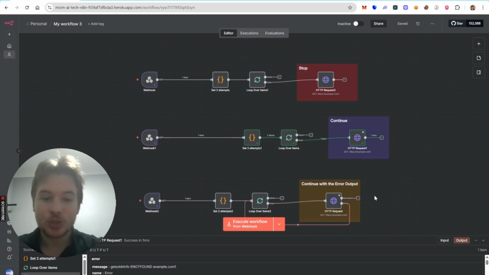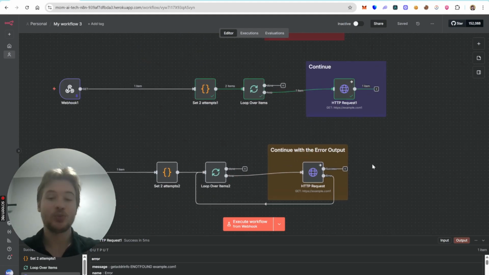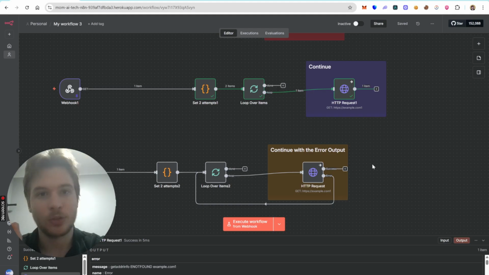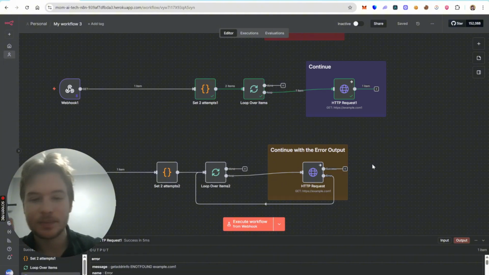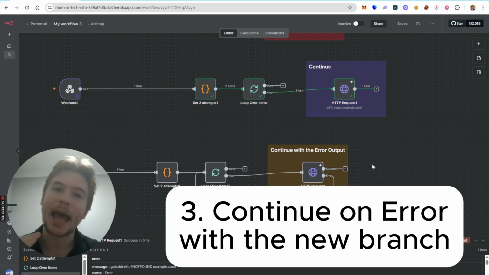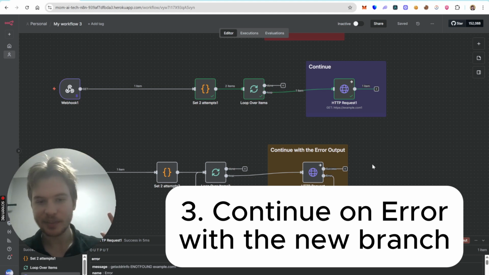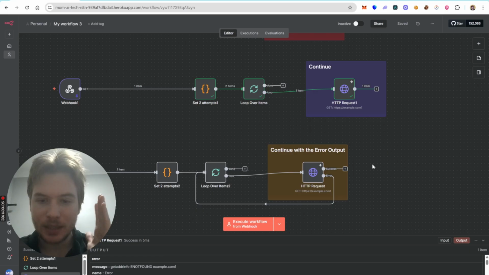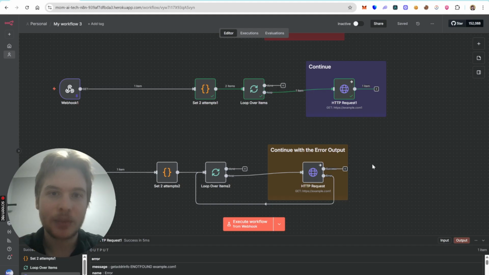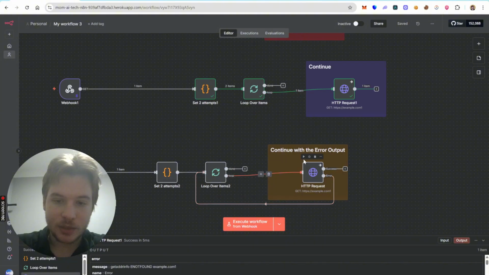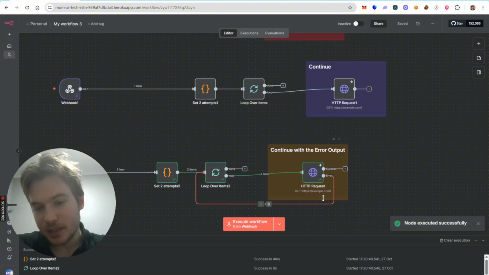And eventually we are going to the third final way of handling errors on n8n, and that's one where you can branch out the error output and obtain the most advanced and elaborated method of handling the errors on n8n. Let's run it super quick. And as you can see, what has happened, we just went down the error path,